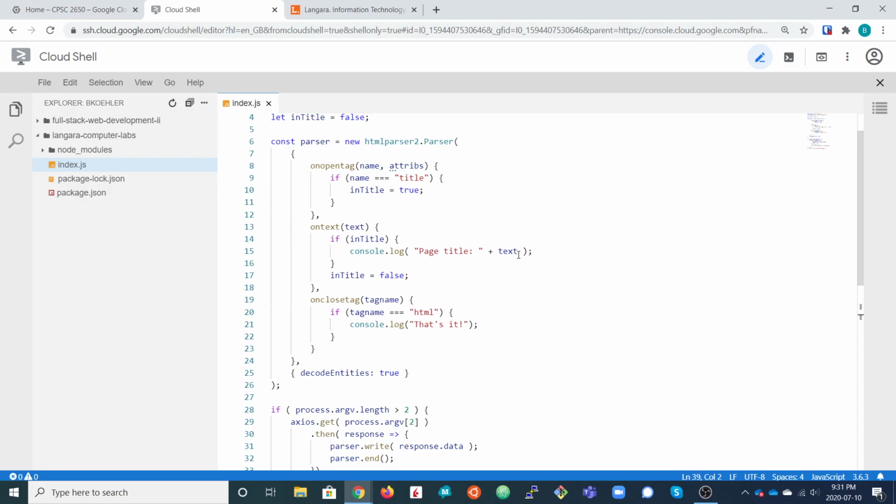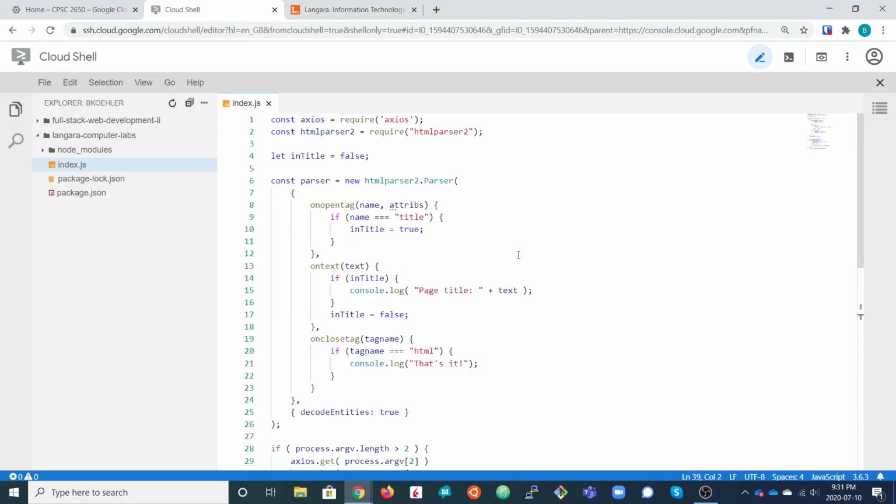Then we have the parser. From the htmlparser2 package, we create a new parser object. The constructor for this object takes a couple of object arguments.